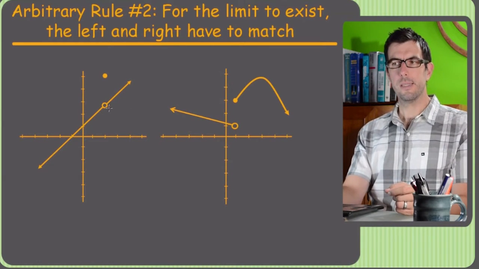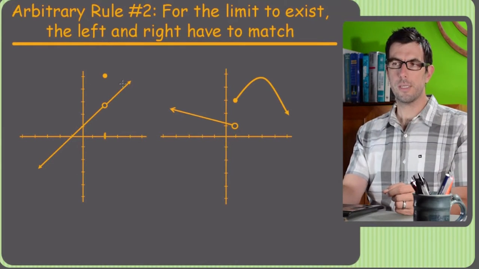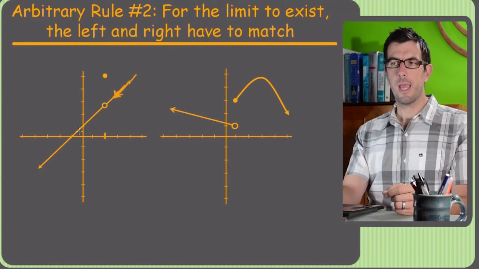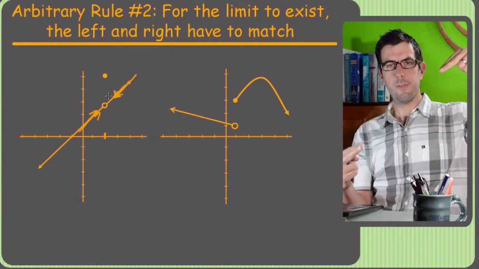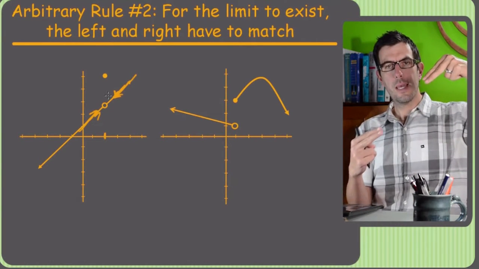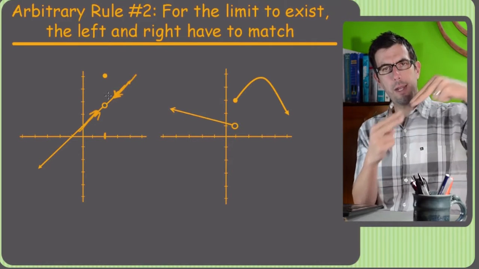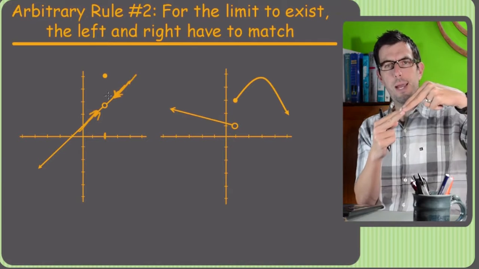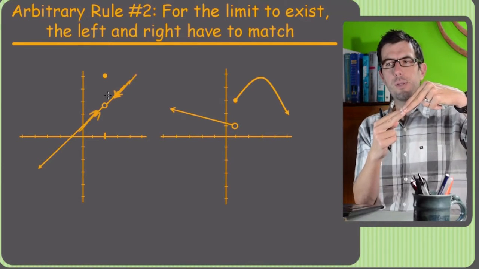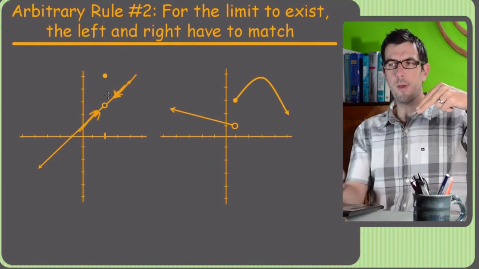So in this particular case, if we're trying to find the limit as x approaches 2 on this left-hand graph, what you'll notice is, and the key point is that if we approach from the right, so we're coming from this direction on a one-sided limit, and if we drove simultaneously from the left, so we're just going down this line from either direction, they're going to hit in the same spot, right? If these were 2 cars driving down that road, the 2 roads line up, the 2 cars are going to collide head-to-head.